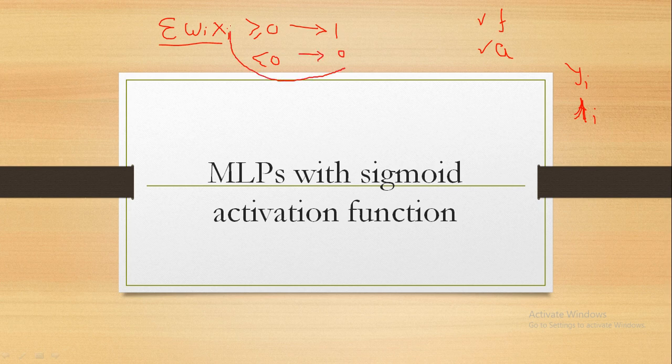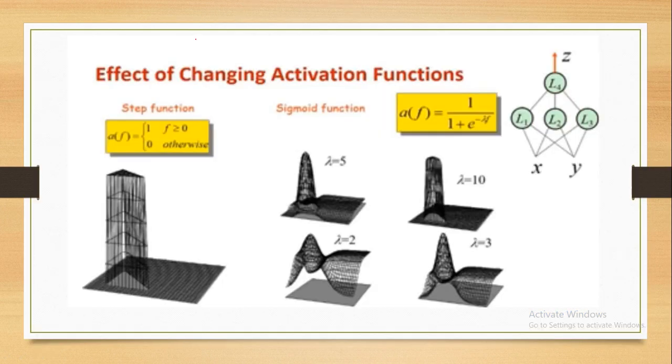So ये जो चीज है, what is that? That is an activation function. Here we are just taking one step, either 1 or 0. That's nothing but a step function. So now I want to change this step function to sigmoid function. Let me introduce the sigmoid function. So this is the sigmoid function. Activation function में भी step function की जगह हम sigmoid function use कर रहे हैं. This is the same, like step function ऐसा कुछ output दे रहा था. If activation of f in the sense integration.